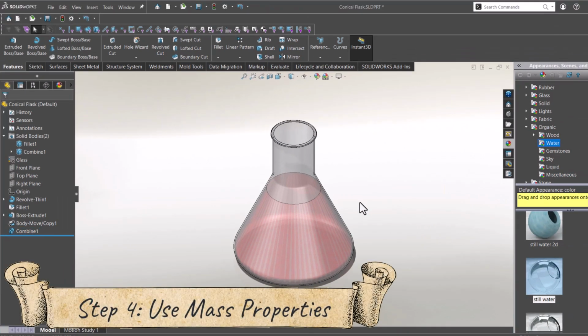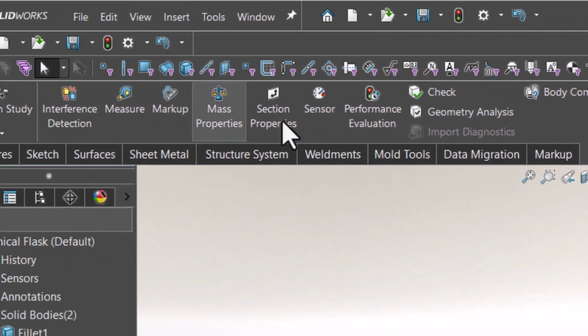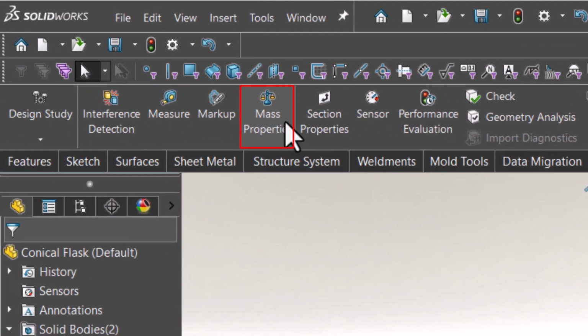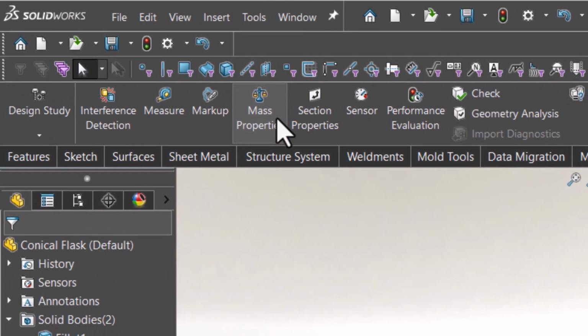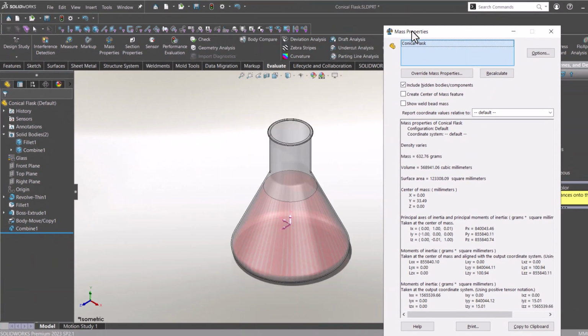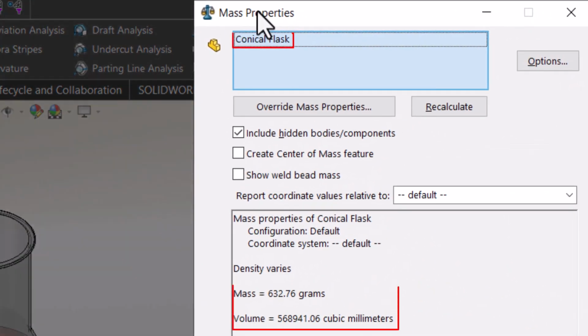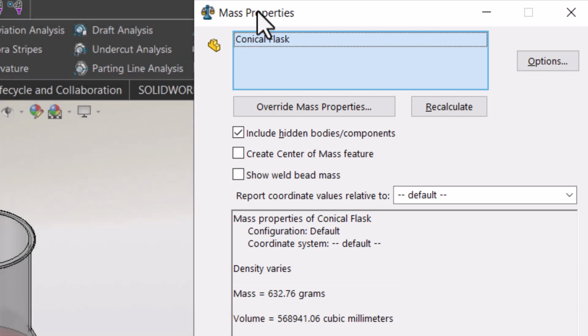And that leaves us with the last step, Mass Properties. This command can be accessed from the Evaluate tab. Once the Mass Properties window is open, by default SolidWorks calculates the mass for the entire part. However, what we have here is a multi-body part, which consists of two bodies, the flask and the liquid.